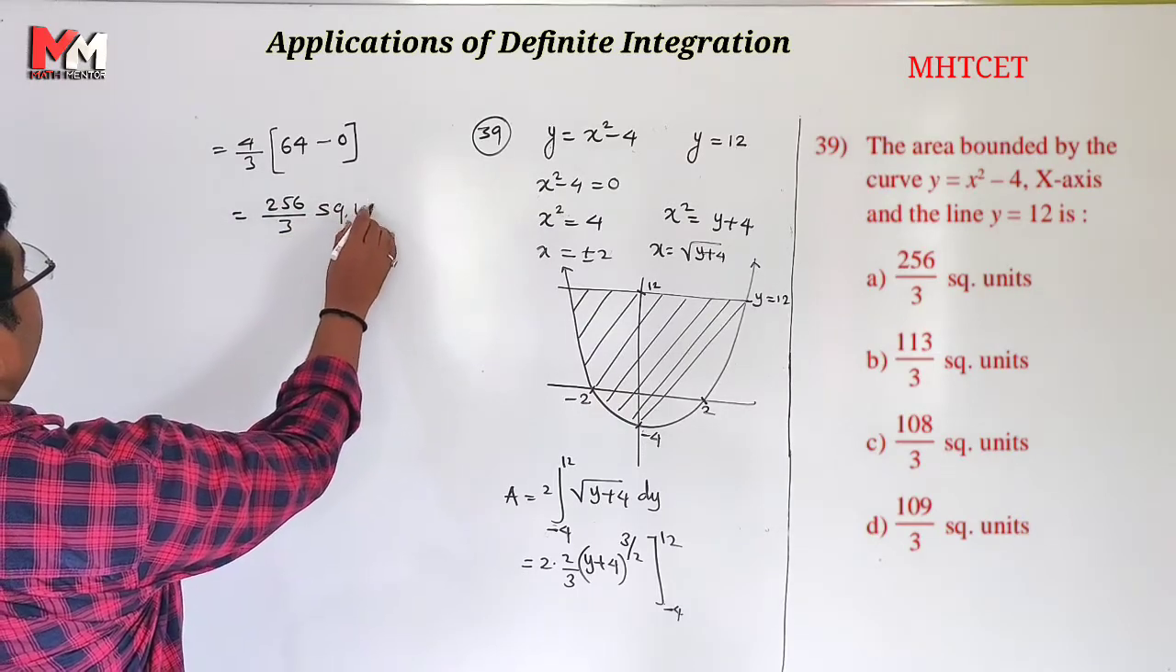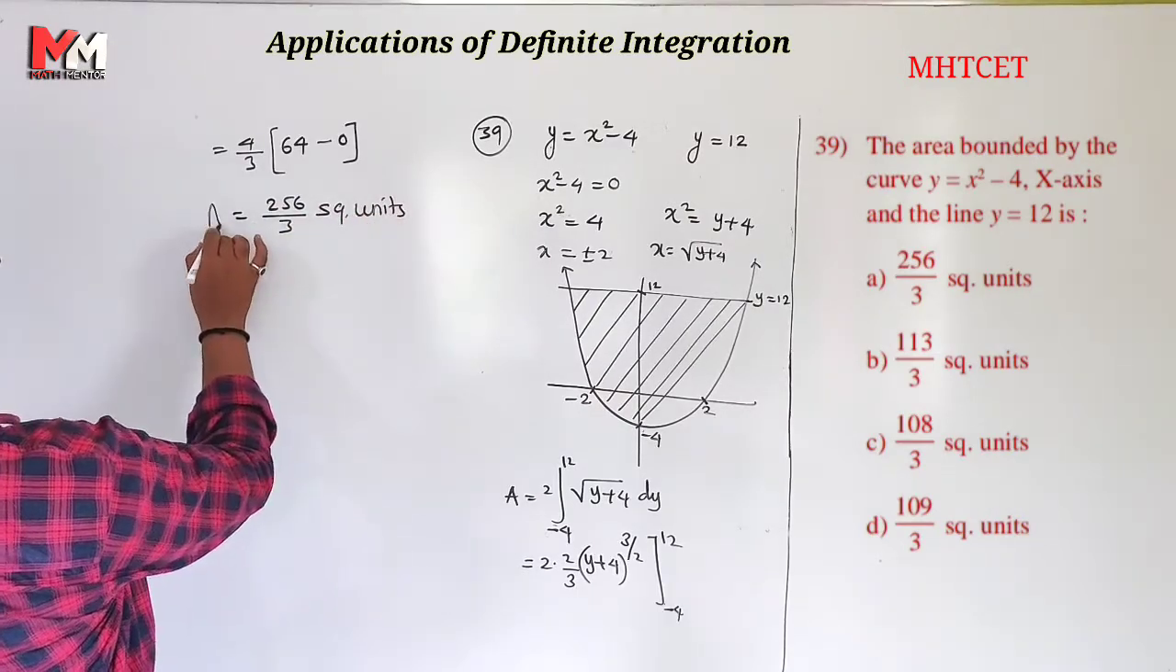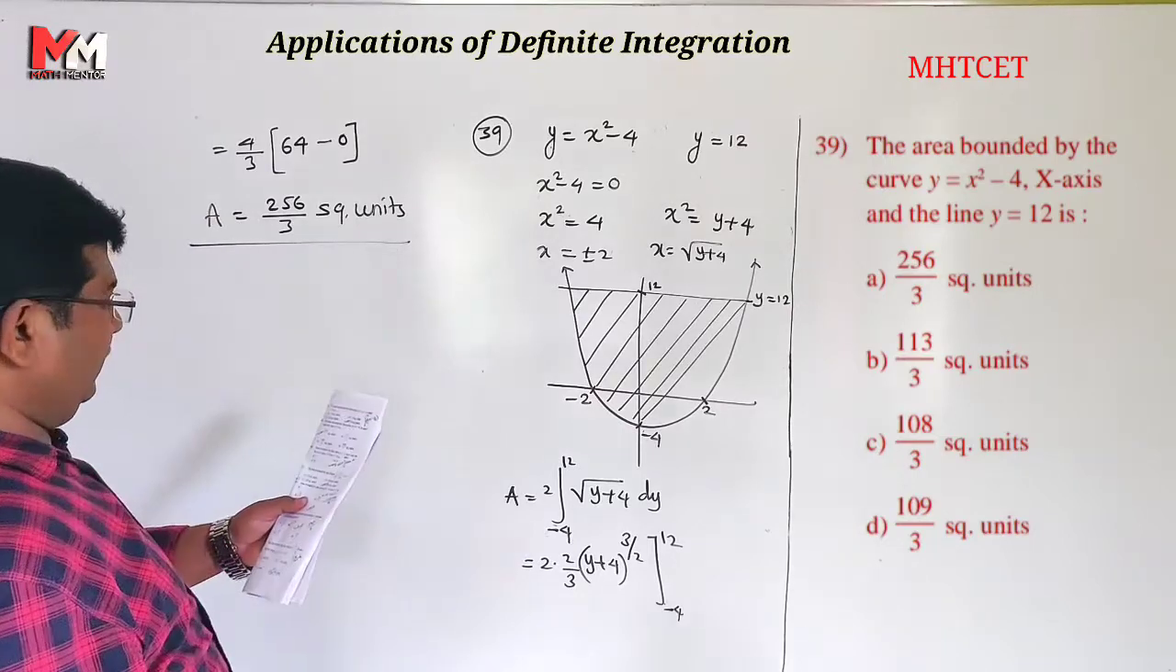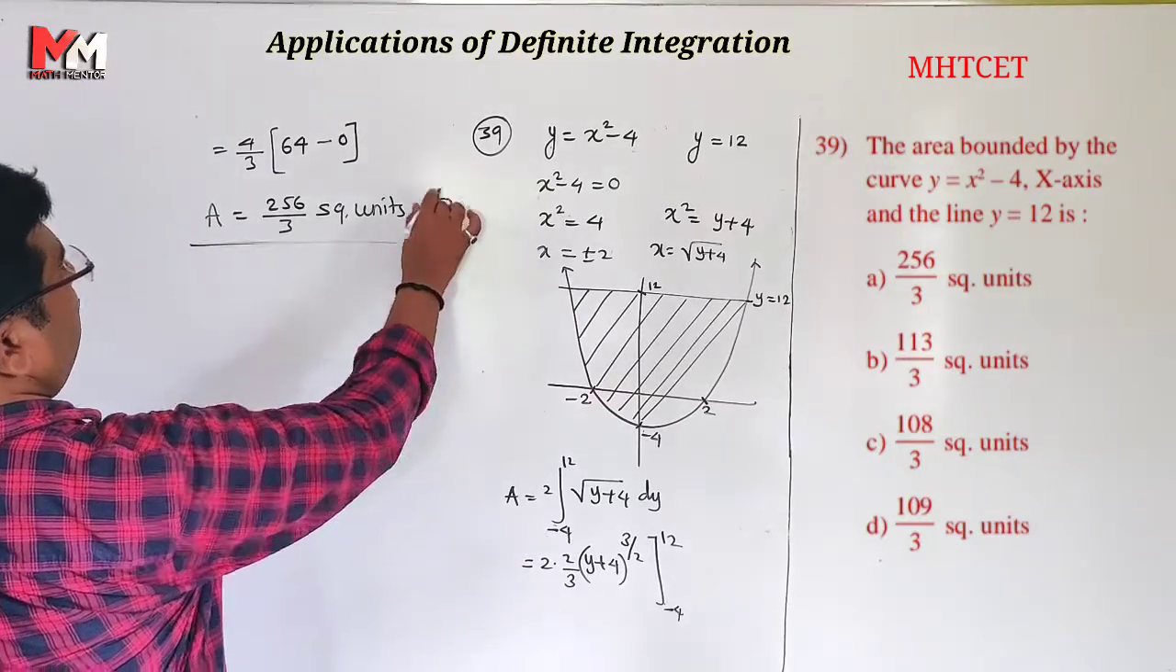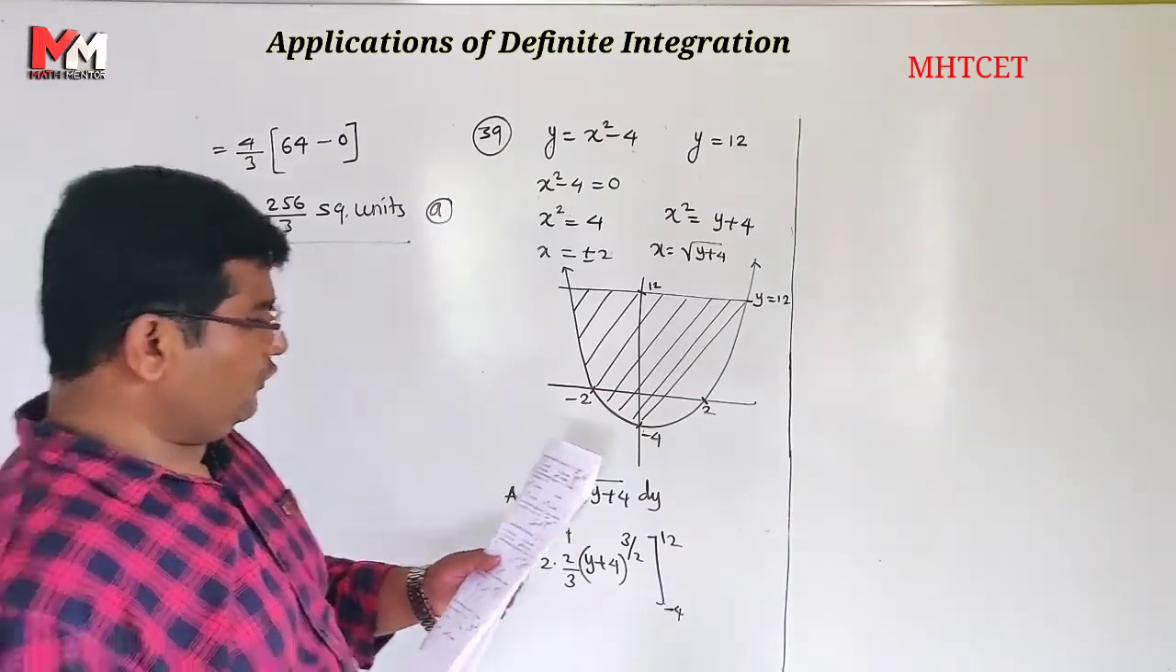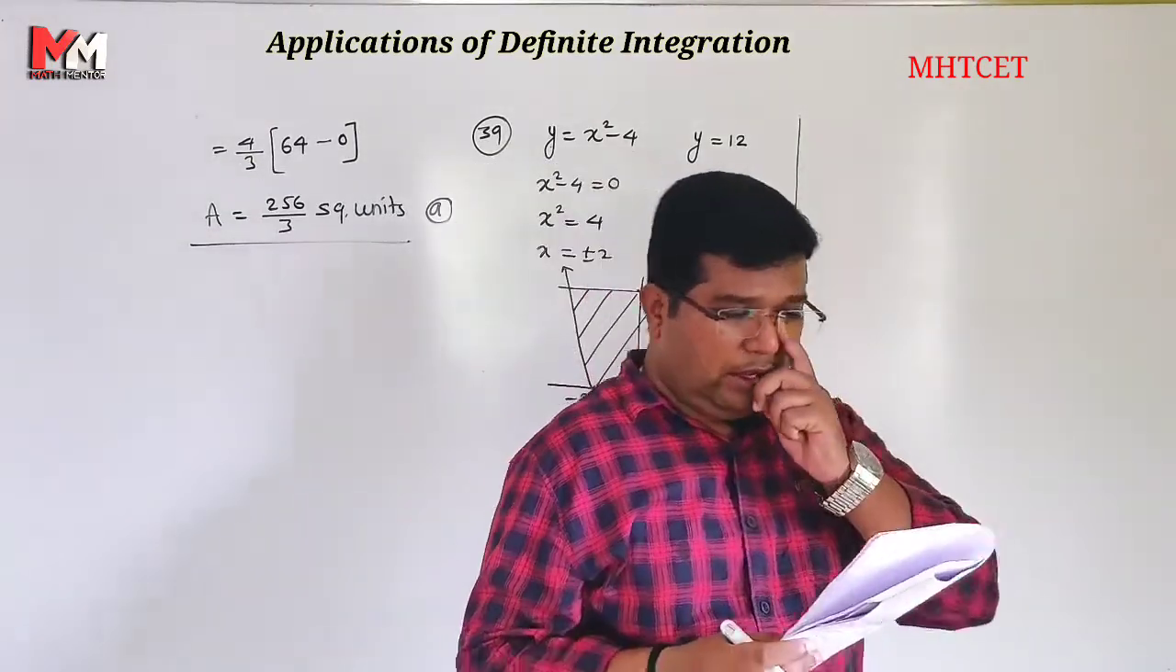This will be the answer in square units. Check it, the answer is 256 by 3. So this is the option. Okay, so this is the solution of 39. So about 40,